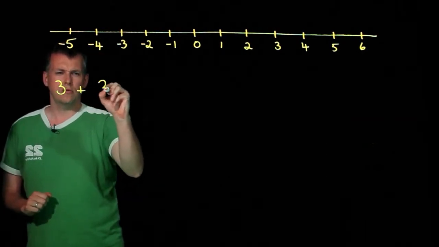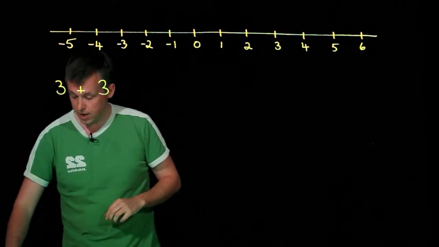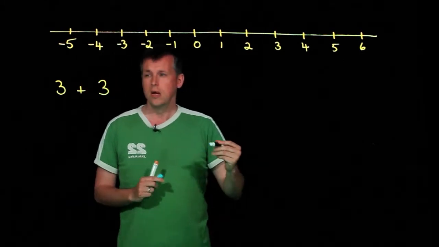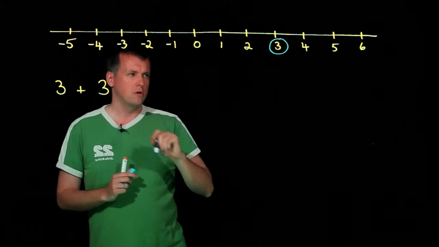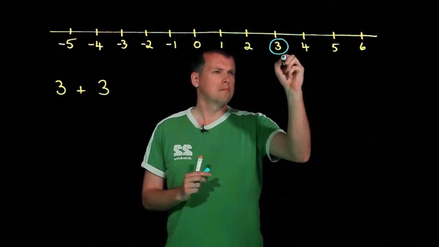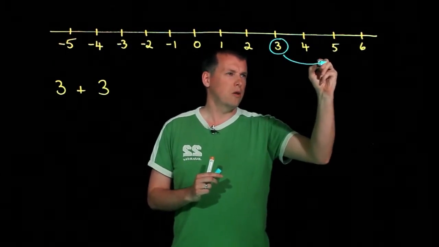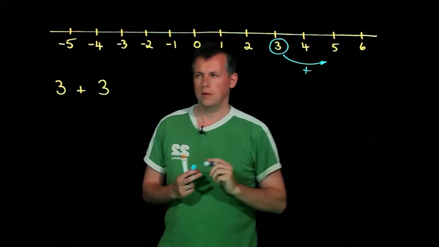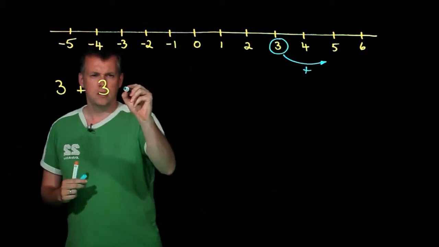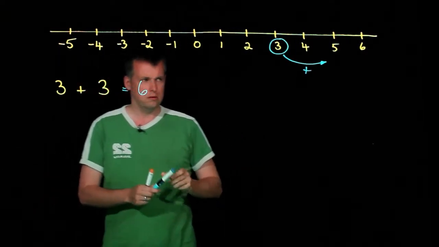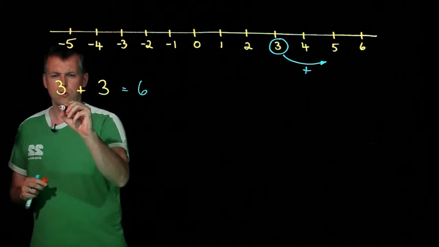3 plus 3. We shouldn't really need our number line to understand that one, but I'm starting at my number 3 and I'm adding on 3. And if I'm adding, I'm going in this direction along my number line. Okay, and if I add on 3 from 3, 1, 2, 3, it takes me to 6. Okay, and if I add on